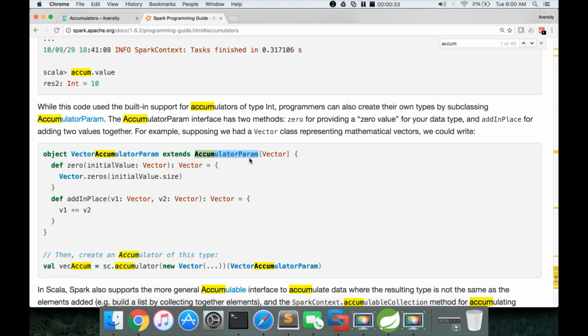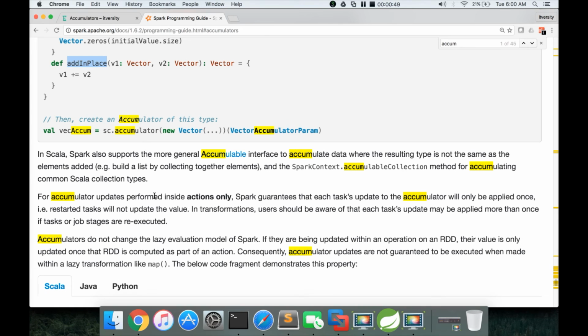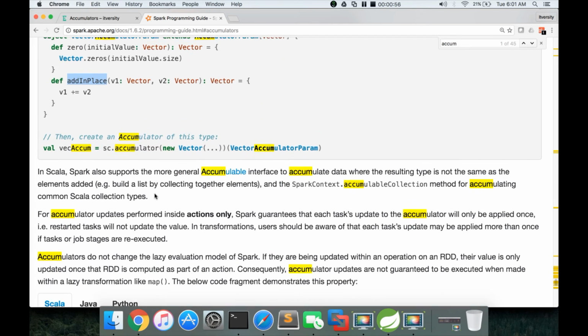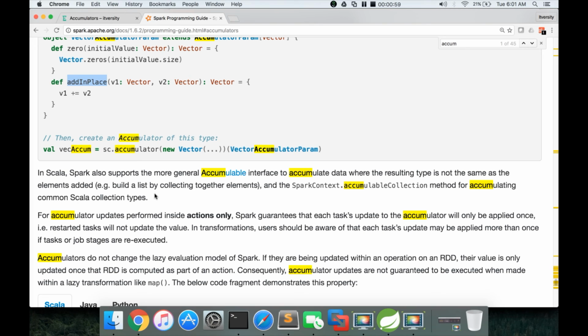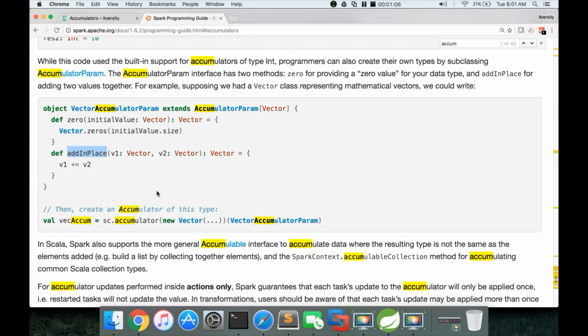the AccumulatorParam class, and in that you have to define a zero function, which is to initialize the accumulator, and then an addInPlace function, where the accumulator is incremented based upon the custom logic you derive. Typically we don't get into those unless it is inevitable, and it is not very important at this time. If it is required, you can explore it at that time, and you should be able to implement it.